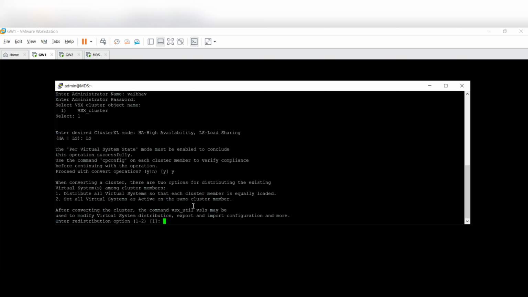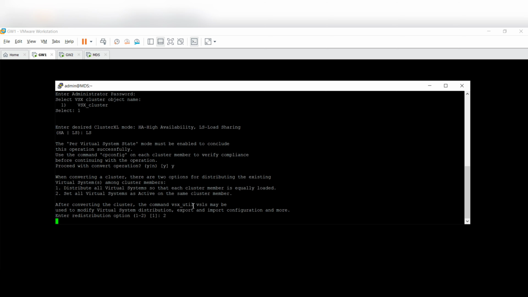Option 2 is to set all the virtual systems as active on the same cluster member. So let's do the second one for now. Okay, let's wait for it to proceed with that option.